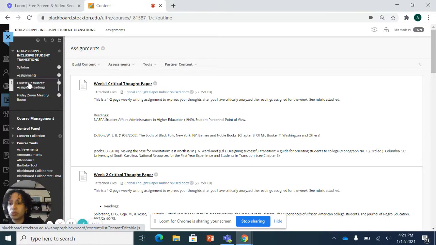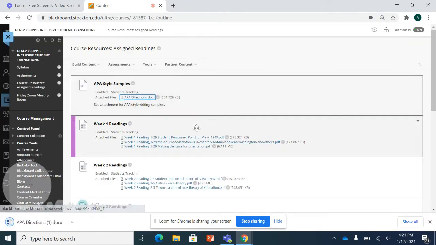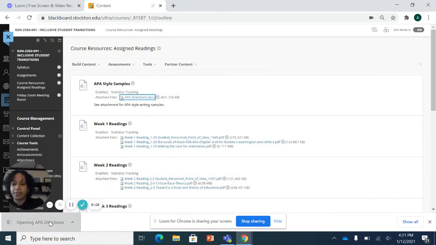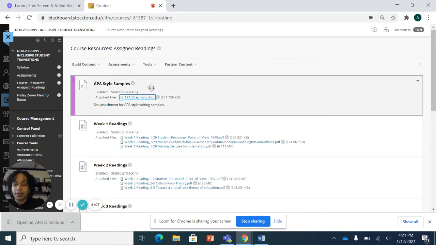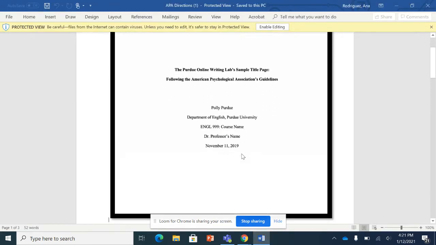Go into your resources. It's right there at the very top before week 1 readings. APA directions. Okay, here it is. So your catchy title will go here; usually your catchy title is in line with your thesis statement.